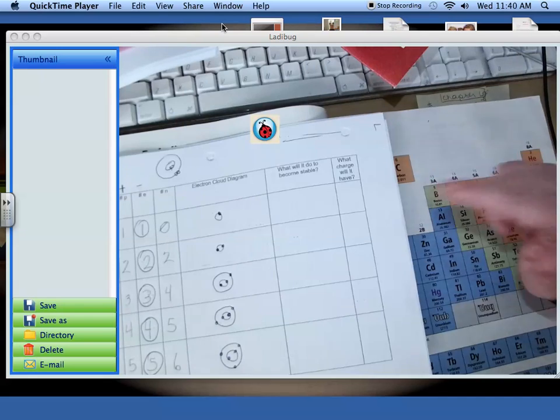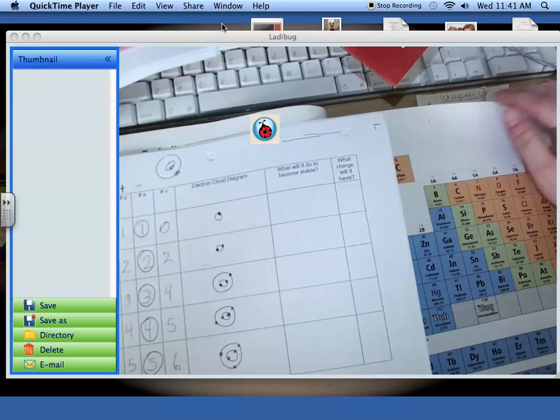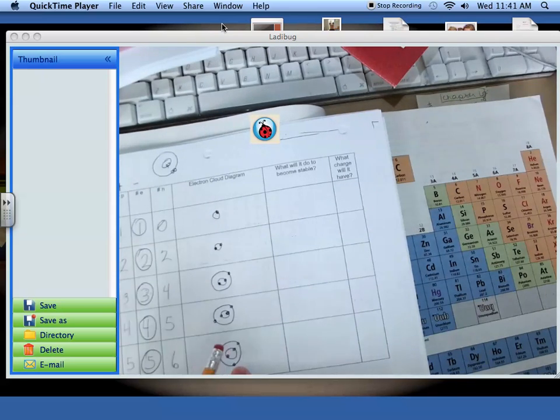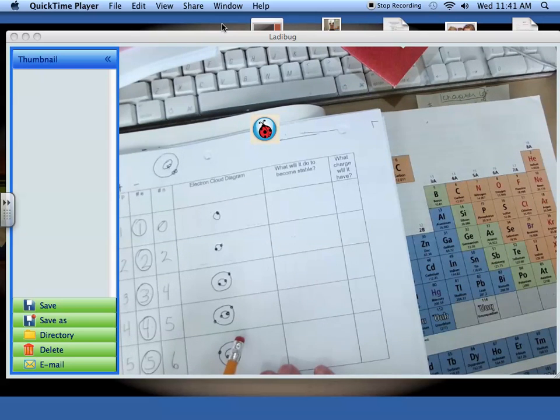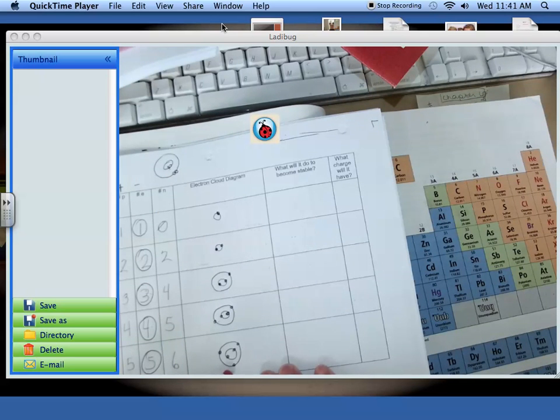Now we're going to talk about what it'll do to become stable. A stable element is one where its outer energy level is completely filled with electrons. So let me start down here at boron. This is its outer energy level. It has 3, but remember, that level can actually hold 8 electrons, so that is not filled, so it is not stable. So boron can do one of 2 things. It needs to have 8 electrons in this level for it to be full. It could add 5 more electrons, or